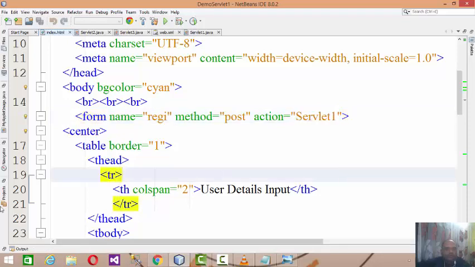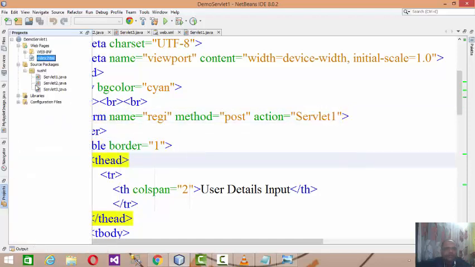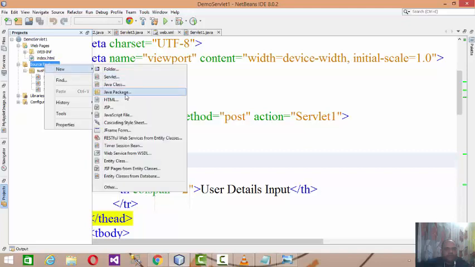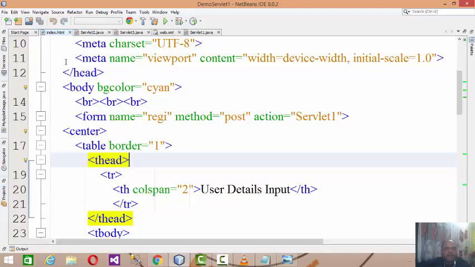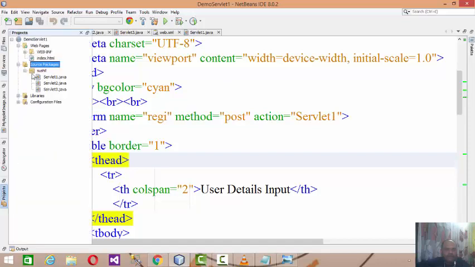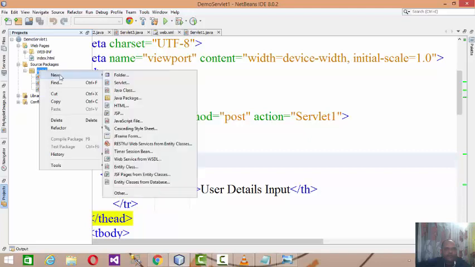So whatever data you post from the form, if you want the form to post that data to the servlet, you need to go to the source package and add a package. How to add the package? Right click on the source package, go for Java package and name that package of your user defined type, and inside that package you need to add the servlet.